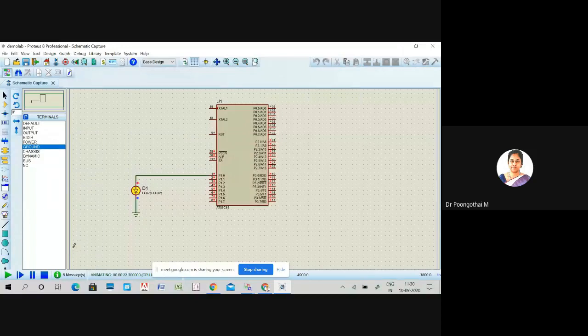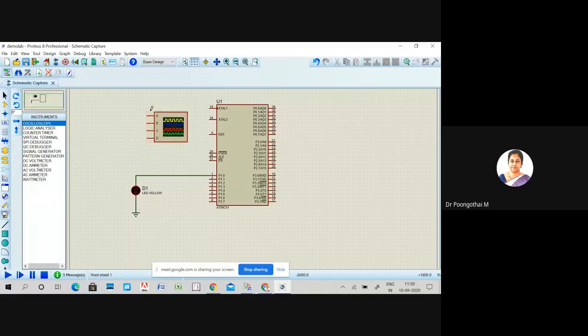Start the simulation and click this one. This is the oscilloscope. We place it here. We have 4 channels. Connect any channel to this particular pin. Okay, run this one.